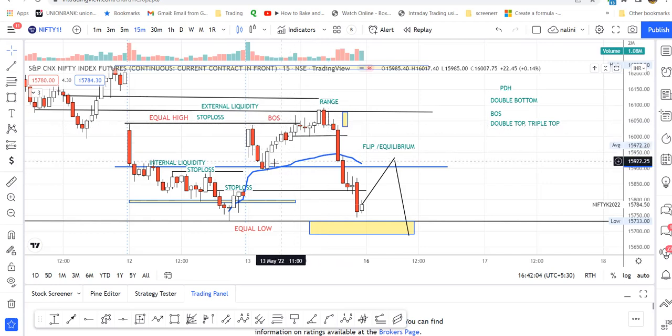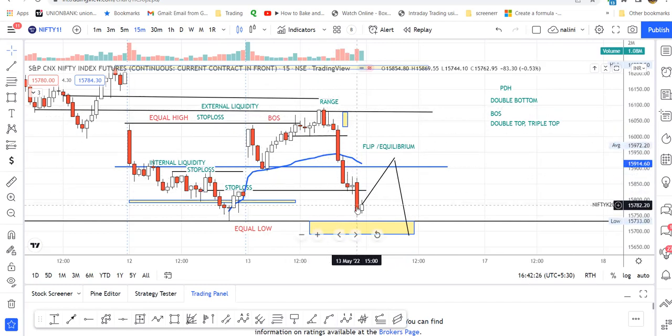Suppose you had entered here and kept the stop loss here, you could sustain. This is how the market plays. You should know how liquidity will be induced into the market. See, here, this is an imbalance, a huge fall. Can you do that? No. If you are able to gauge the intentions of the big institutions and how they play, then you can be with them and you can make huge money. You can make this huge move.